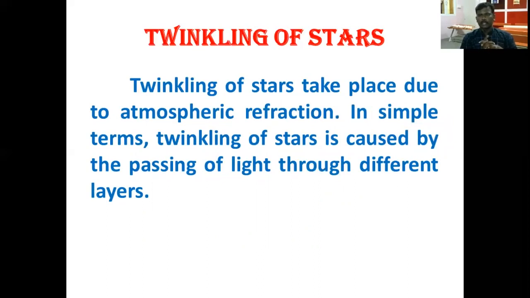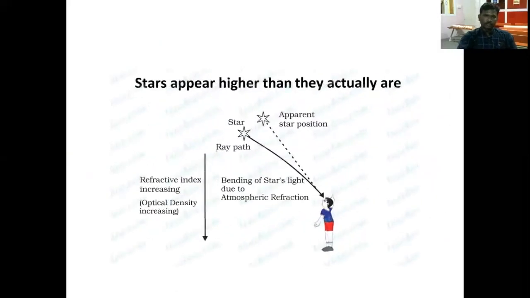The refraction value increases from the upper part to the lower part, because in the upper part there is no air content, so the refraction increases when the light rays come from the sun to the earth surface. And the stars appear higher than they actually are. Their actual position is much lower. Why? Because the refractive index is increasing. Optically, density is increasing. Density increasing means in the upper surface there is no air content, so there are no ions to refract that light rays. Okay, that's the concept.